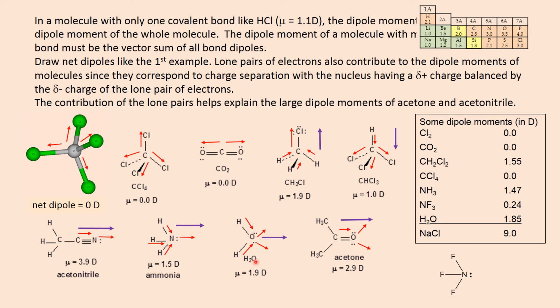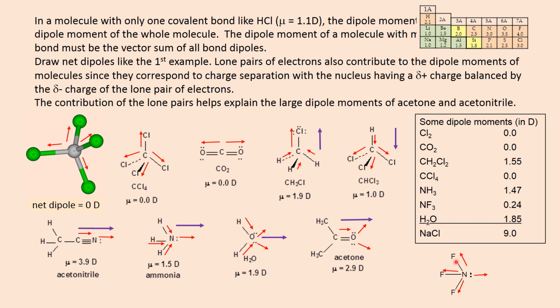Why such a difference? These nitrogen to fluorine bonds are quite polar. Fluorine is 4.0, nitrogen 3.0. That's one unit of difference in electronegativity, and then we have our nitrogen to non-bonded electron pair. Well, let's add those dipoles in. Again, we have a dipole toward the electrons away from the nitrogen. Then we'll have dipoles from nitrogen to fluorine,